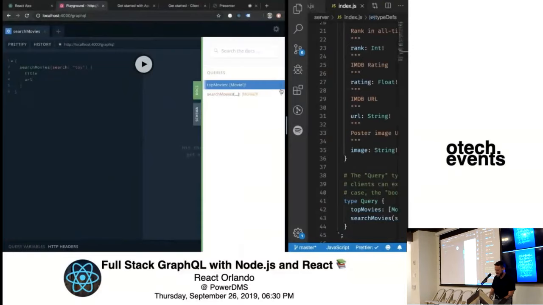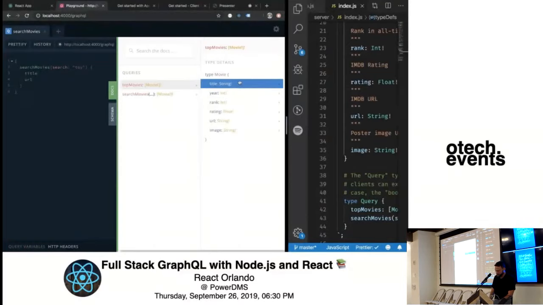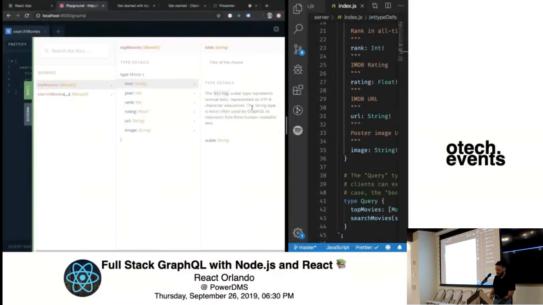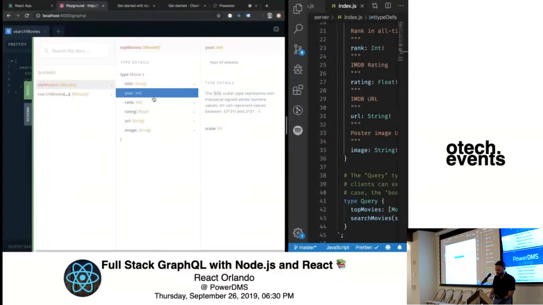And then if we go to the docs, this is where you can directly explore the schema. So we know we have two queries, and we only actually have one type, the movie. If we get down to these scalar fields on movie, it gives us the built-in GraphQL description of a string, but also the description that I've provided right in the code. So I think that whole introspection deal is pretty awesome.